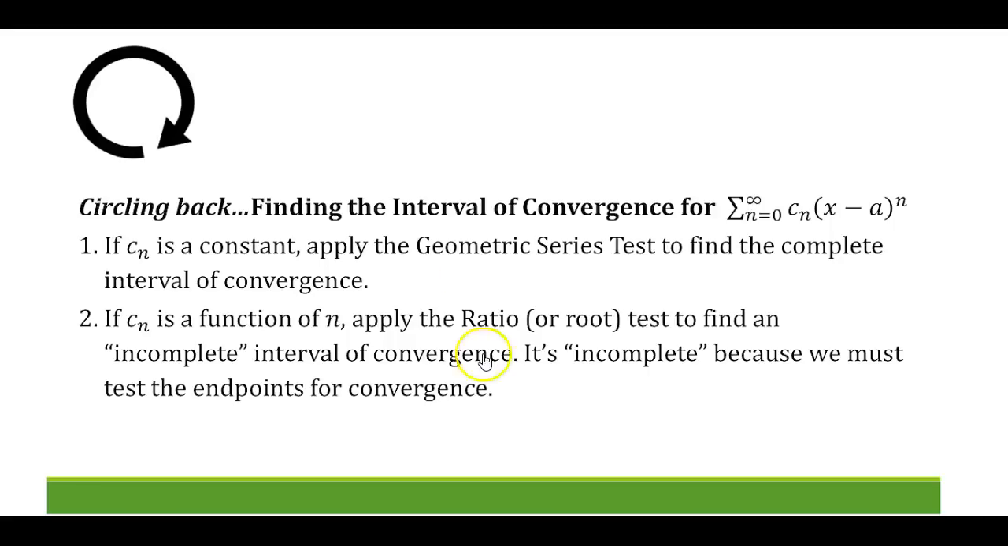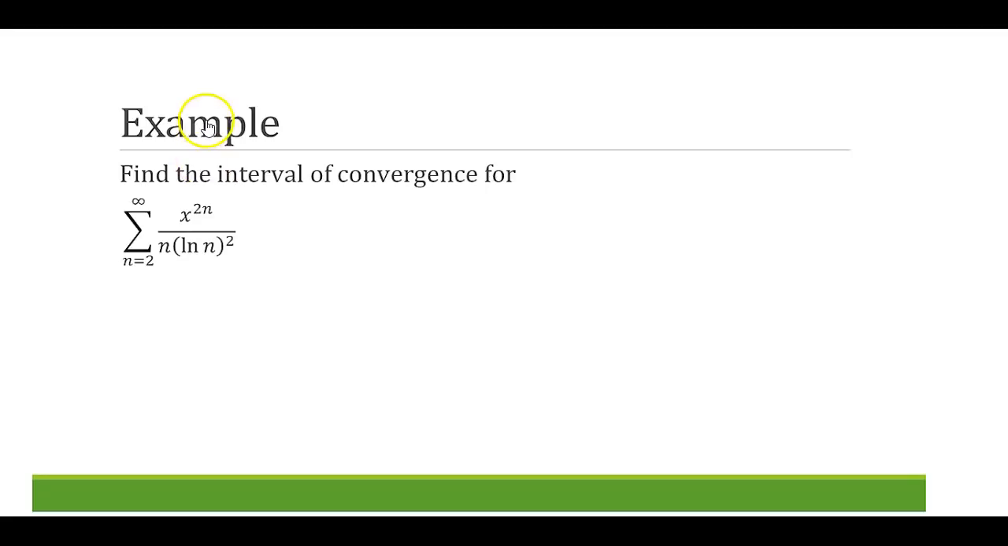So let's try an example of finding a complete interval of convergence. In this example, we want to find the interval of convergence for the sum of n equals 2 to infinity of x to the 2n over n times natural log n squared. So we know that a series converges if the ratio test applied to it is less than 1. So we're going to start by finding the radius of convergence, so the limit as n approaches infinity of the